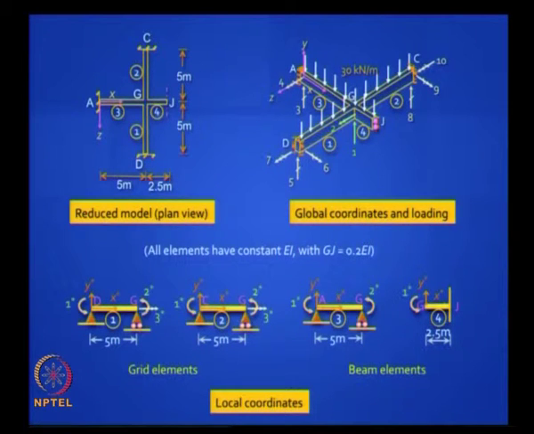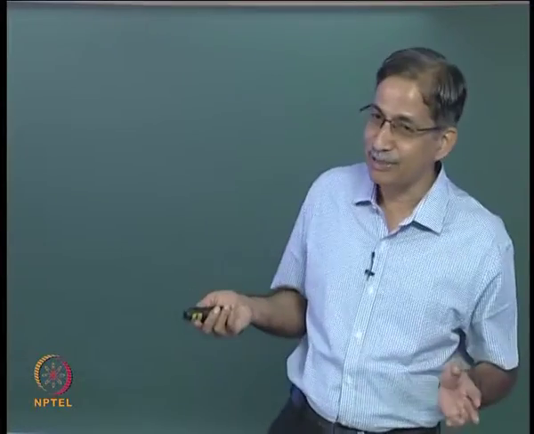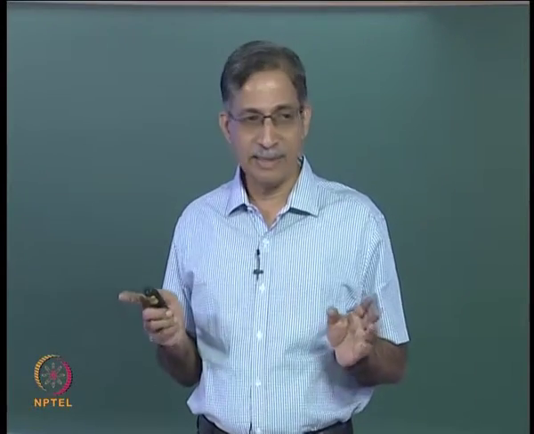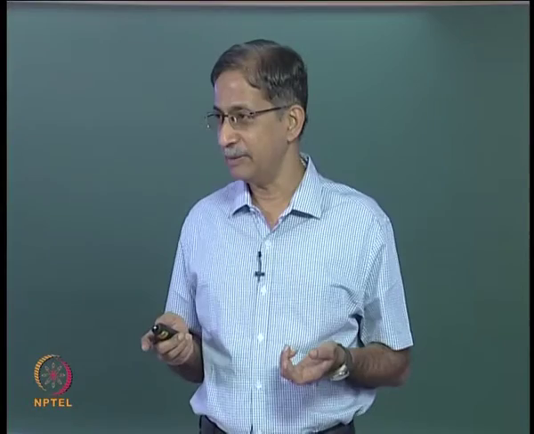So you identify the grid elements, they are elements 1 and 2, and the beam elements are 3 and 4, of which 4 can be simplified with 1 degree of freedom. Why? Because you have a guided roller support, we have done that, so you can treat it like a cantilever. Is it clear? So we have made all the simplifications possible to reduce our work. Any questions? 1 and 2 are grid elements because there is going to be torsion in these 2 elements.